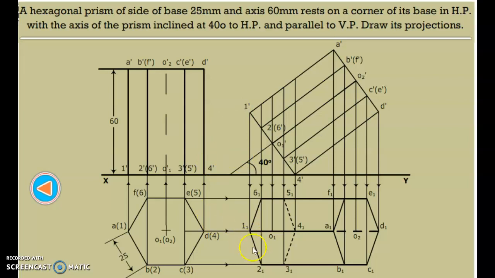So see here, 1 to 2, 2 to 3, this 2 to 3 is hidden, but when I mark this B to 2, it will be a continuous line, so it will appear as a darkened line.